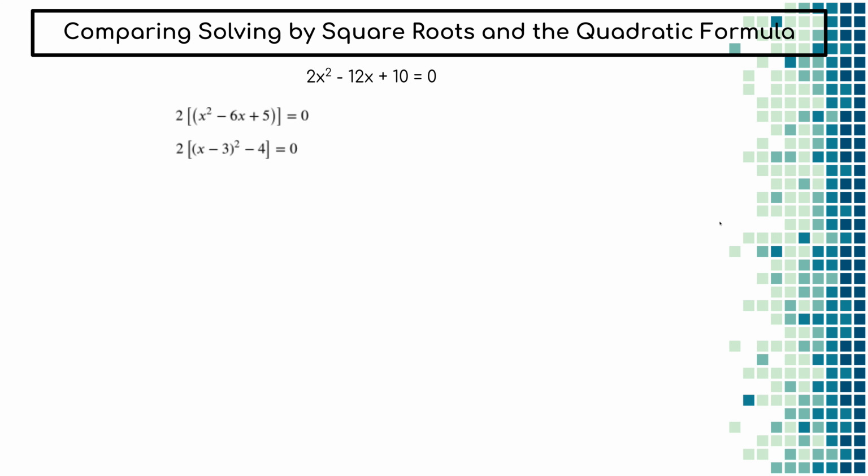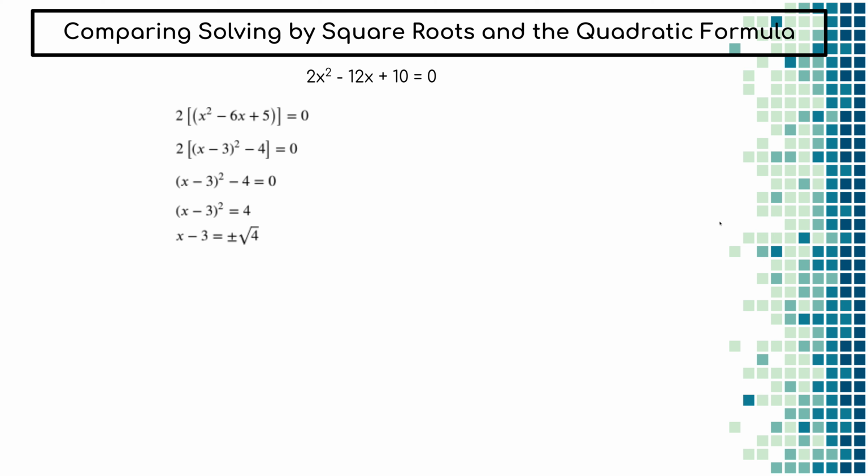Half of negative 6 is negative 3. Negative 3 squared is 9. 5 is 4 less than 9, so I'm going to have a minus 4 term in there. I can divide both sides by 2, and I just have my quadratic, the square of x minus 3 minus 4. I can now take the square roots,